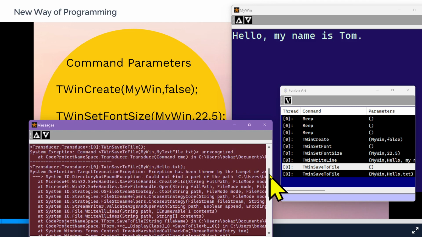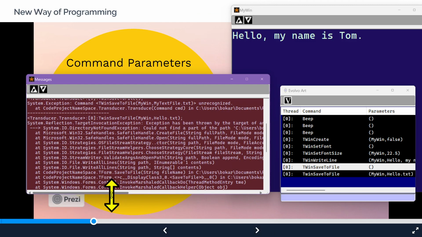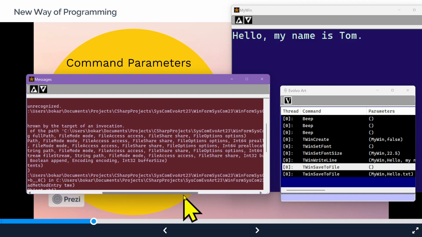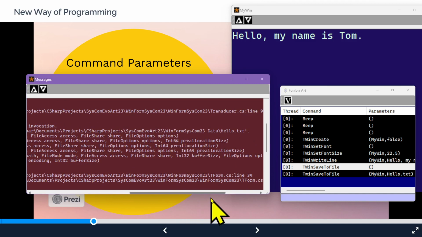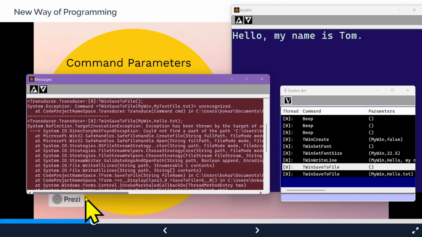So, twin, exception has been thrown by the target, could not find a part of the path. Okay, so there is, let me scroll over on this, a system parameter that shows the path, winform syscom 23 data hello.txt, and it couldn't find part of that path, and that's fine, but essentially the